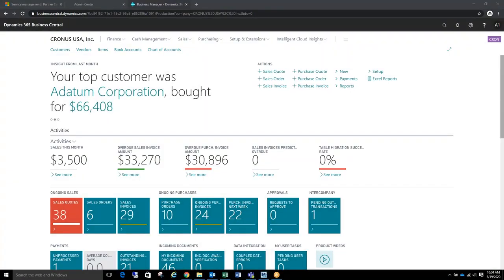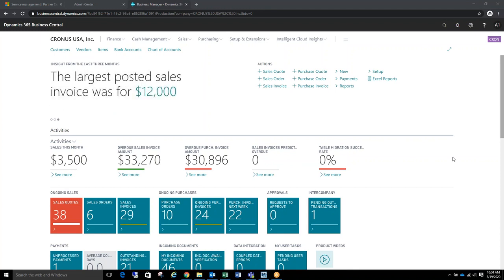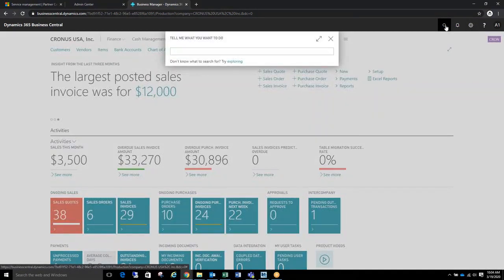There are many different ways to view general ledger history within Business Central. Today I'm going to show you two different ways. So first is to view the general ledger entries screen. This is going to be a list of all of the general ledger entries that have been entered into Business